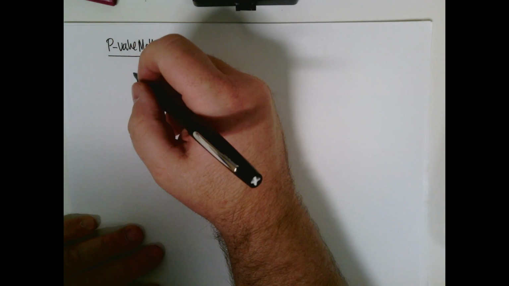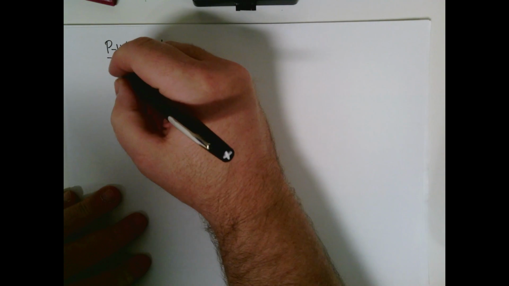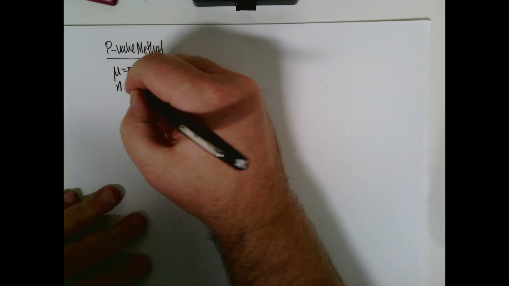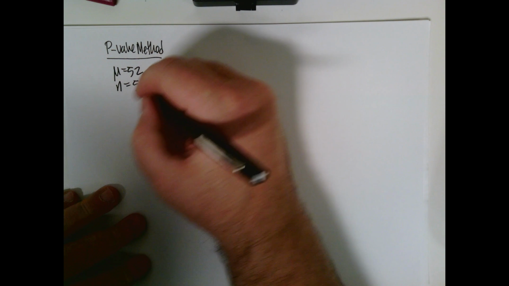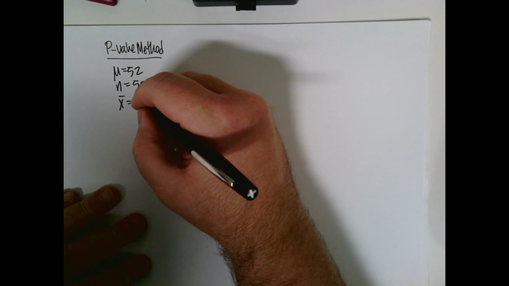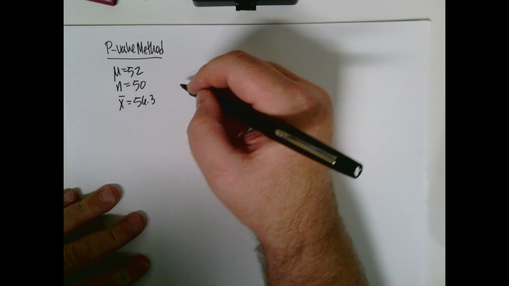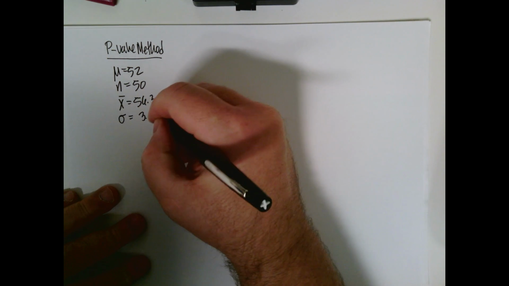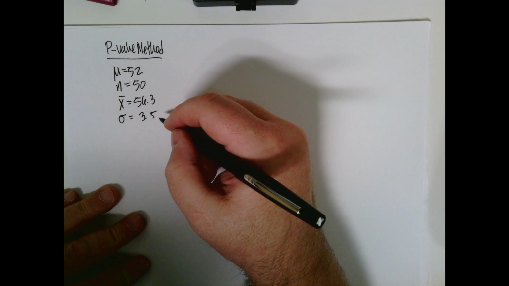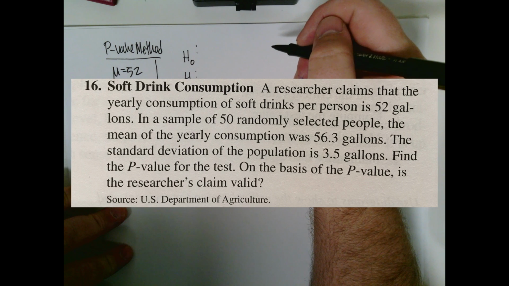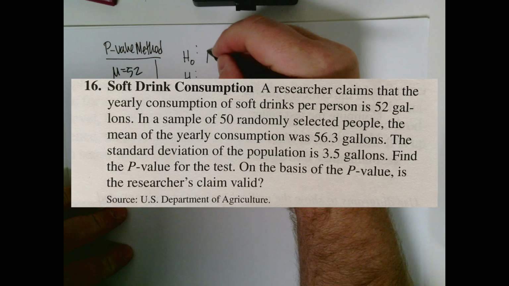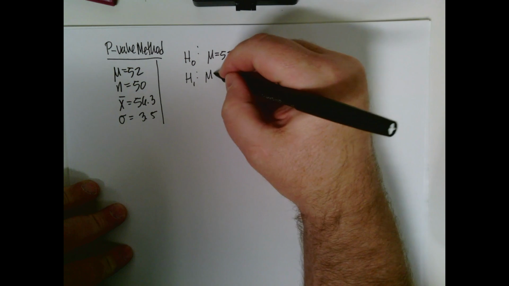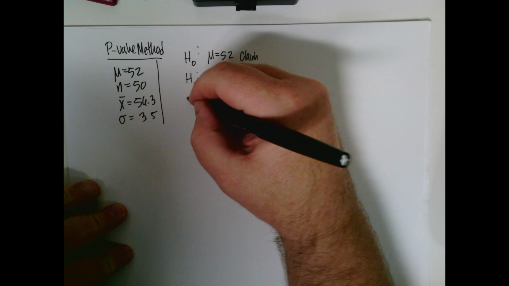Alright, so just like we did before, we still have to figure out what all the numbers are. So we get that the mean mu is 52 gallons. Our sample size is 50 people selected, and their average is 56.3 gallons. And the standard deviation of the population, sigma, is 3.5 gallons. And this time he claims that the yearly consumption of soft drinks per person is 52 gallons. So the average is 52. That's our claim. The alternate is not 52. Okay, so this time,